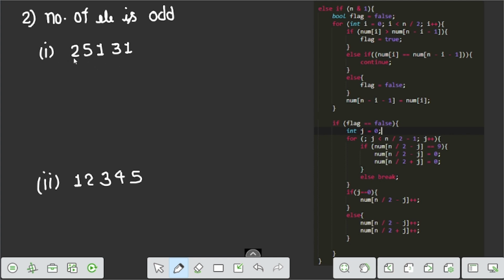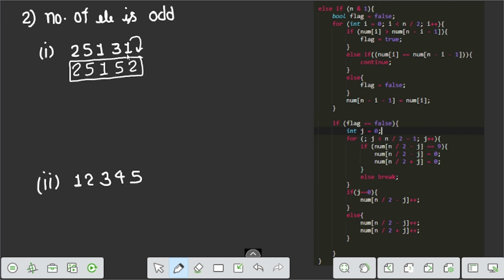So we take example 2, 5, 1, 3, 1. Now we want this number to become greater and a palindrome. So what can I do? So we discuss 2, and here we put 2. If we take 5, then we have to take 5 here and 1 is remaining. If we choose 1, then this answer becomes greater than the given number.